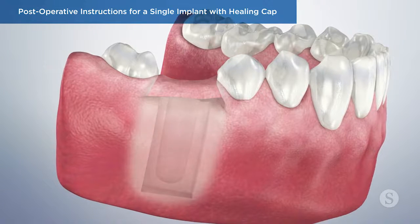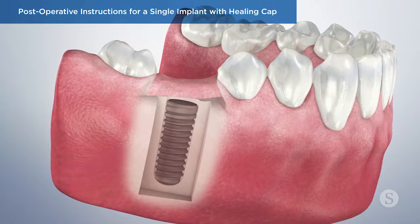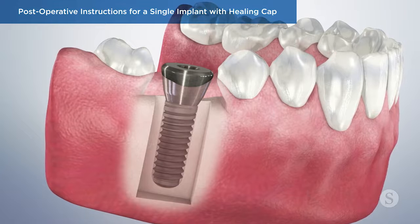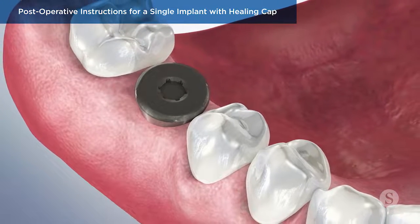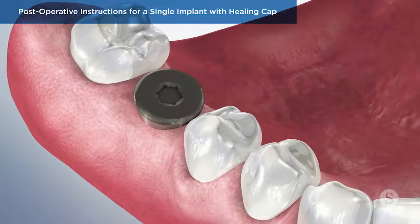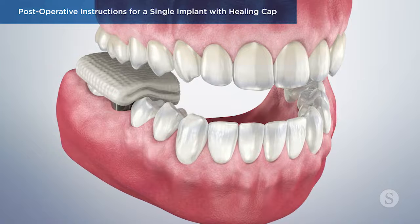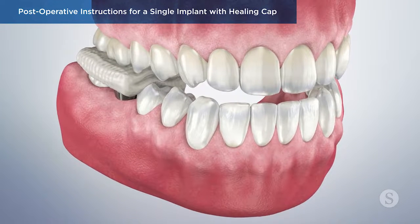After your dental implant and healing cap is placed, it is important to follow these care instructions to promote proper healing and ensure its long-term success. Immediately after your procedure, it's important to listen and adhere to your doctor's recovery instructions for the type of anesthetic used. For the first hour after the procedure, gently bite down on the gauze that was placed over the implant